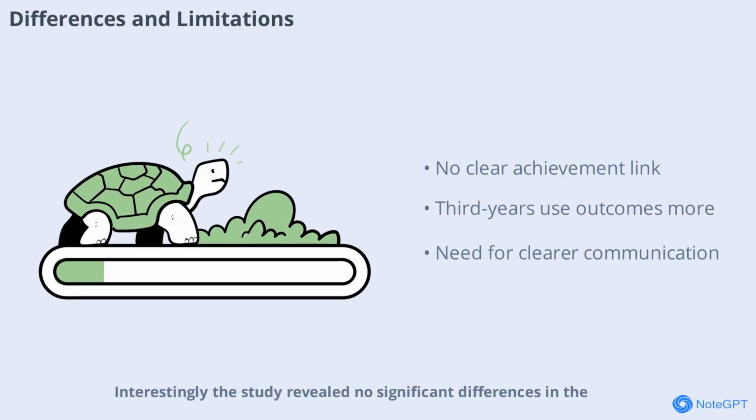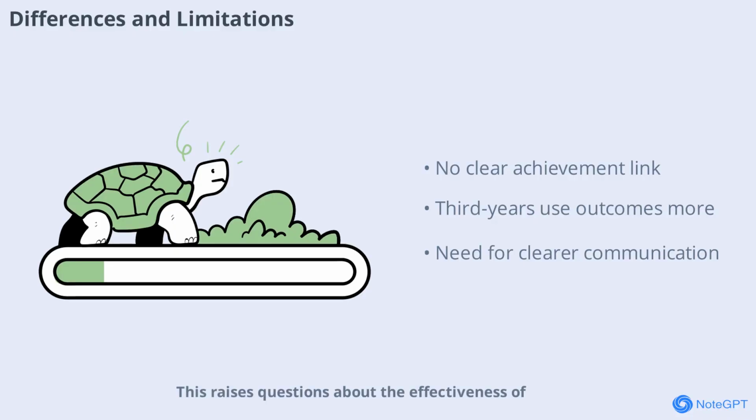Interestingly, the study revealed no significant differences in the use of learning outcomes between higher and lower achieving students. Both groups showed similar patterns, with some high achievers never referring to outcomes at all, yet still excelling academically. However, there was a noticeable change as students progressed through their studies. Third-year students were more likely to consult learning outcomes than first years, often due to increased awareness of their importance for final grade. Many students, regardless of achievement level, struggled to interpret outcomes without help.